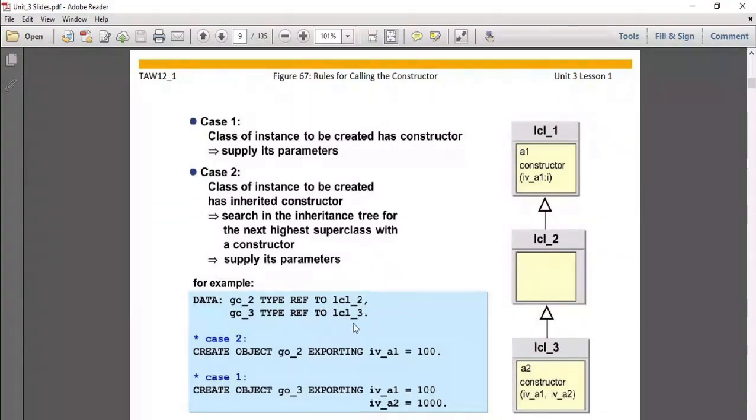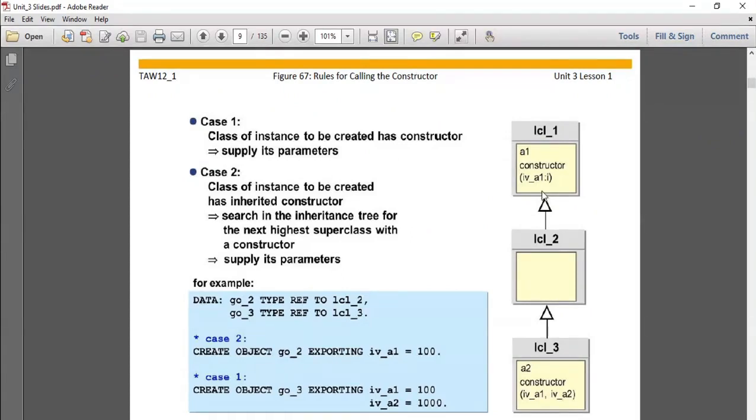You can see this go_3, which is an object of the local class, is taking two parameters, iv_a1 and iv_a2, but the local class has one parameter.